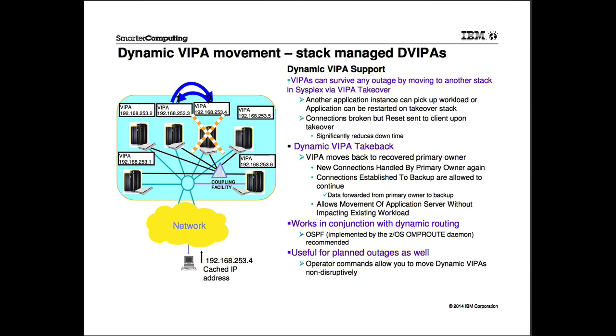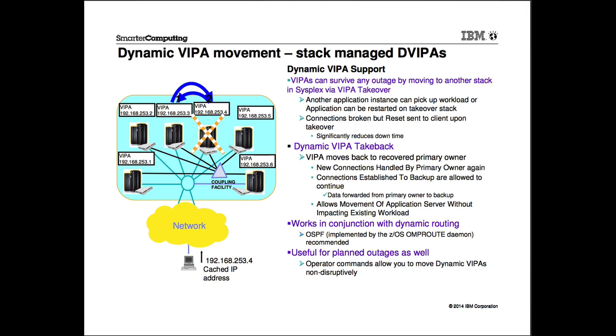So obviously, one thing you need to make this work is dynamic routing. Because if VIPAs are moving around, then you have to be able to find them. The clients address the IP addresses, but the network has to be able to find them. So OSPF is the main dynamic routing protocol that's provided on System Z. It's implemented by the z/OS OMPROUTE daemon, which is provided with z/OS Communications Server. We also support RIP, which is another routing protocol that doesn't respond quite as quickly to changes, so OSPF is